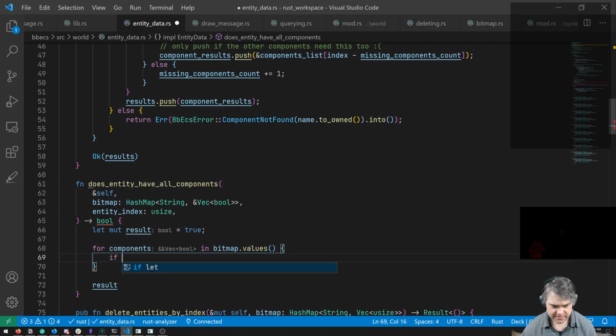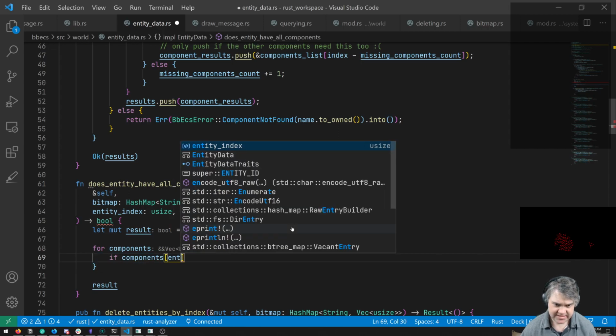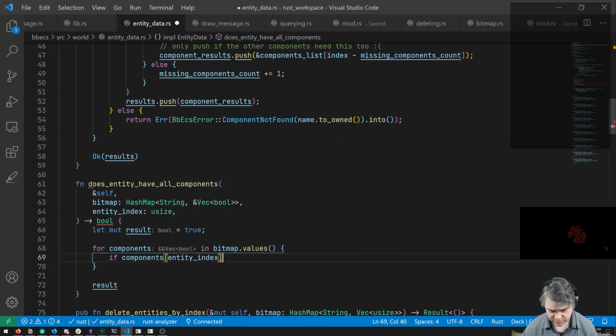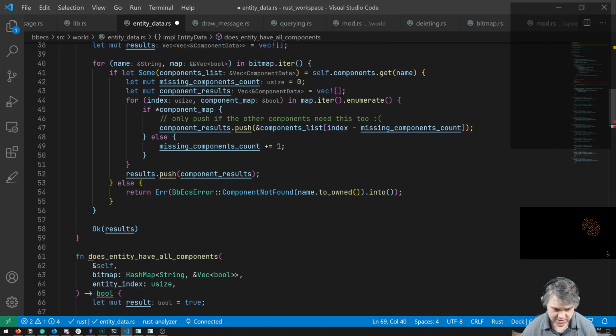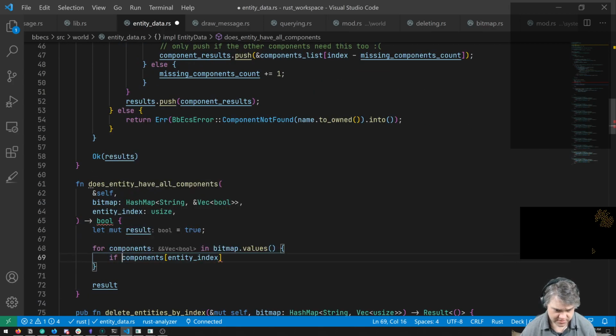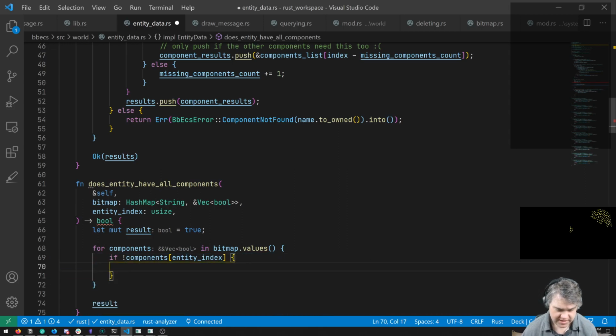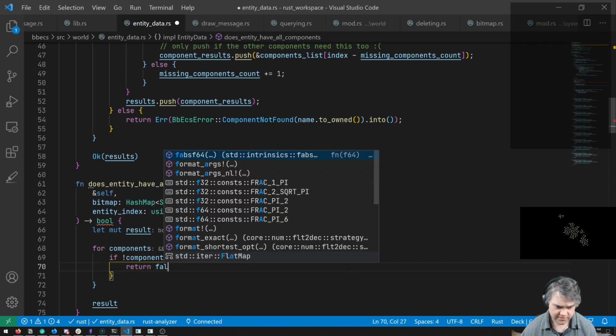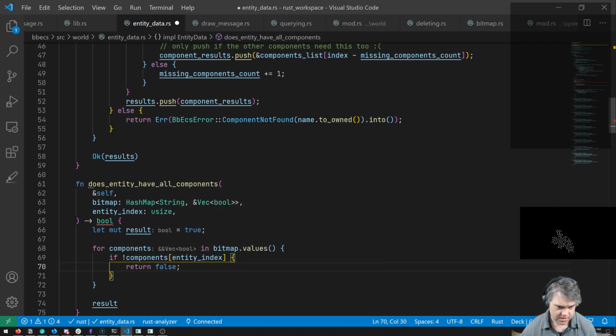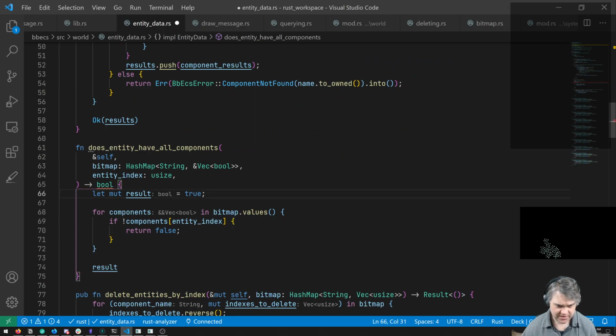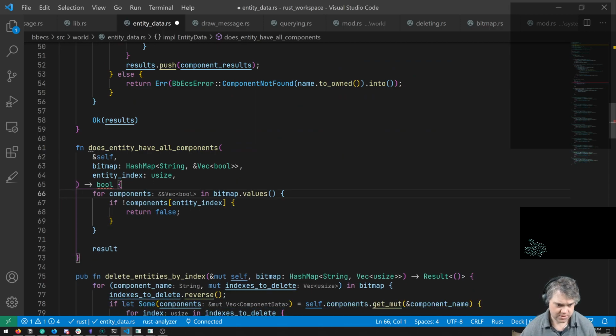So if components of entity index is true, we don't want to do anything. So if you're false, then I want to do an immediate return false. Which means I don't have to have this result true. We're just going to return true.